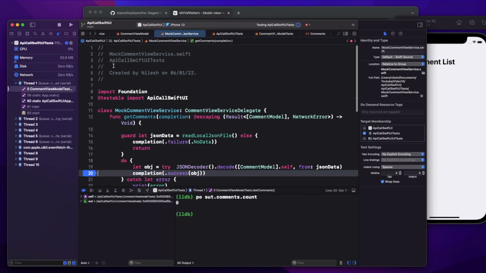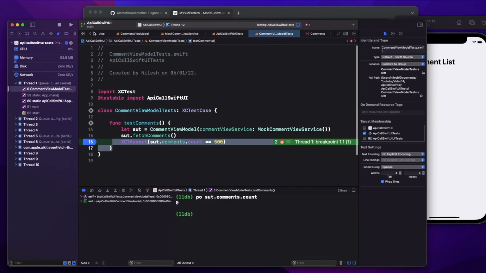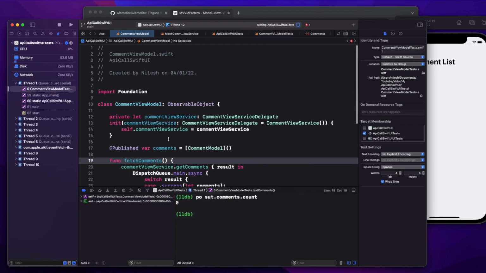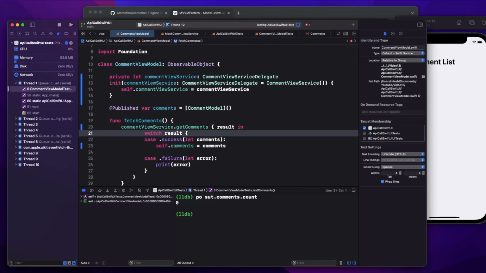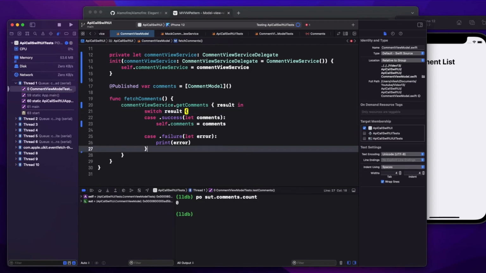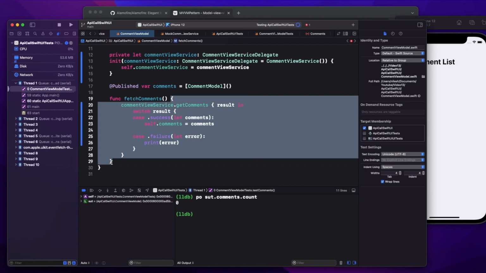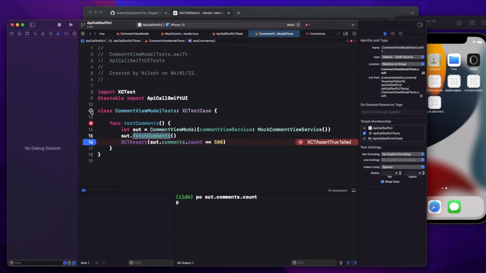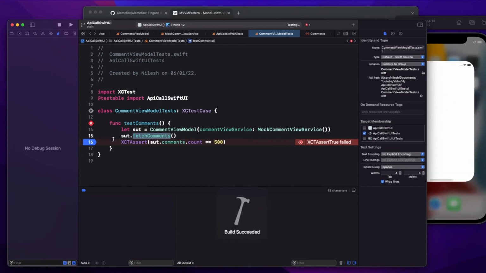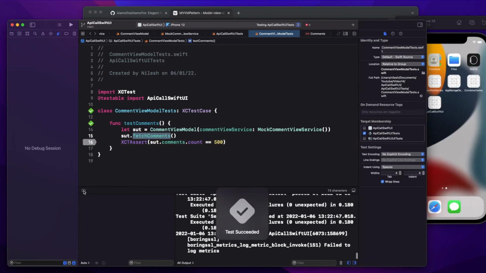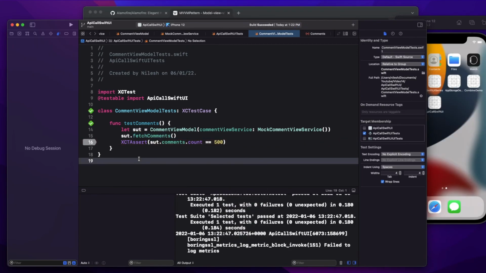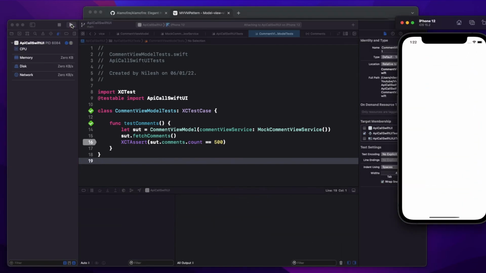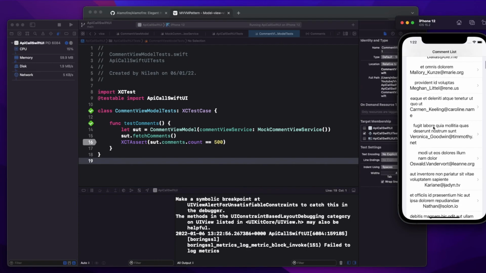So what I can do is remove this code from, where is that, fetch comments here. I can remove this main thread here. Now it can have other implications that we'll see, but let's see our test cases first. This time if I run it, my test case succeeded. That means it's able to read the comments. Now let's run the app, and see if I remove that dispatch queue.main.async, is it crashing or is something happening? It is not crashing, everything is fine.